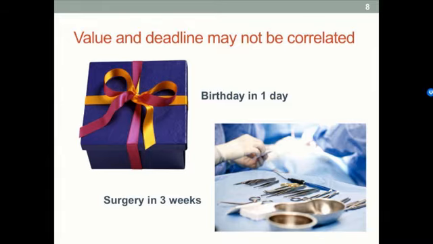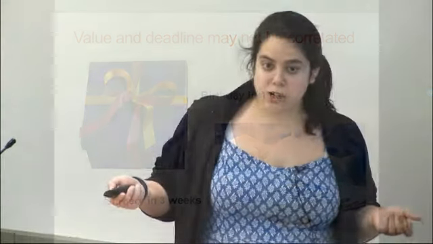So assume it's your friend's birthday tomorrow. You'd like to send them a package. But if 1-day shipping is exorbitantly expensive, it's not that important to send them a birthday present, as opposed to if you're a surgeon and you're conducting open heart surgery in 3 weeks, it's a little bit more important that your equipment gets there by your surgery. So in the case where it's more important to get your package there, you might even take the time to plan ahead. So here's just a silly example as to why they may not be positively correlated and why the distributions might not have the decreasing reserve prices. Okay.